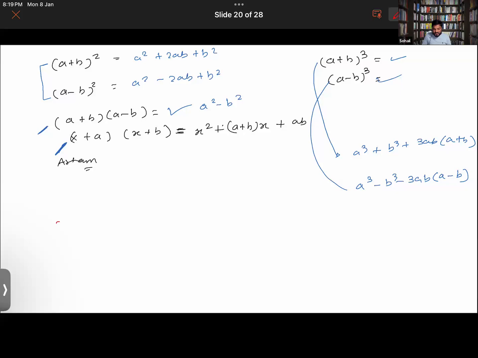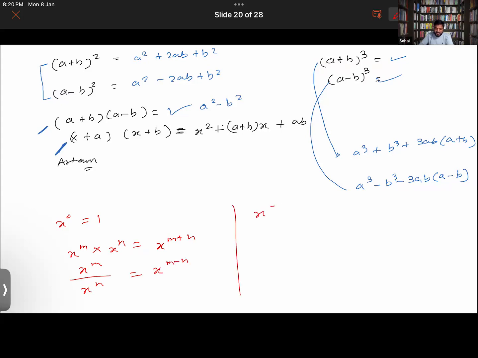Okay. So, sir, x raised to the exponent 0 is equal to what? 1. Okay. x to the m multiplied by x to the n, that is x to the m plus n. Yes, sir. x to the m divided by x to the n is x raised to the exponent m minus n. Good.